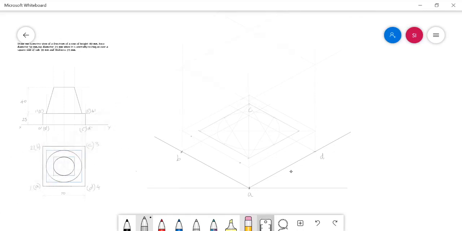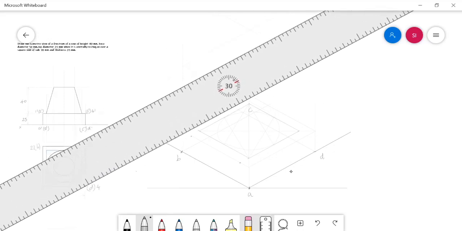So this height is nothing but the 40 mm. This height.